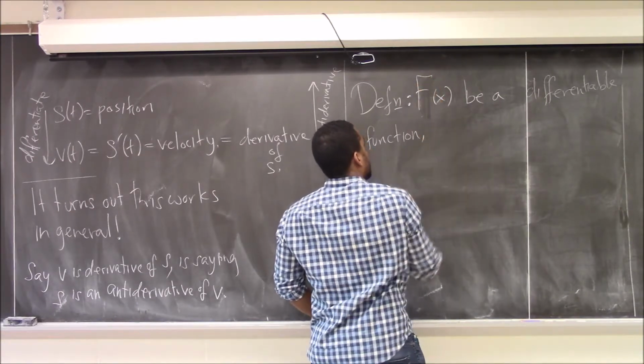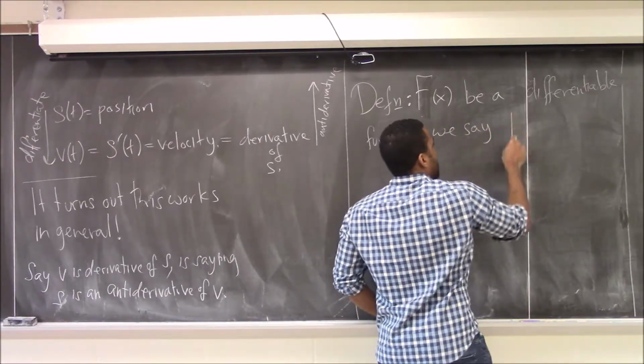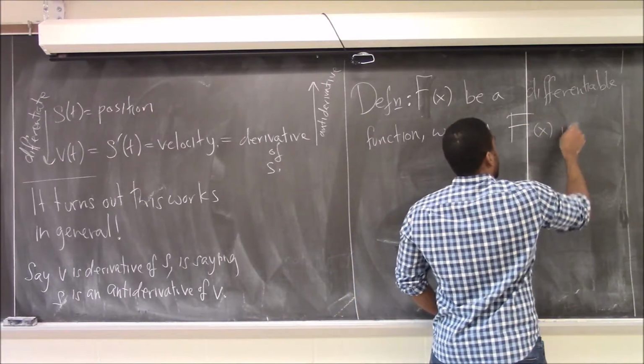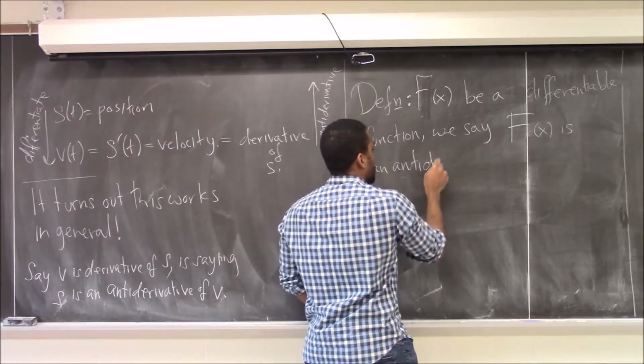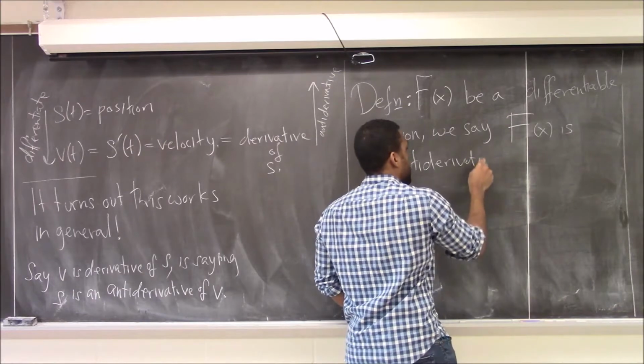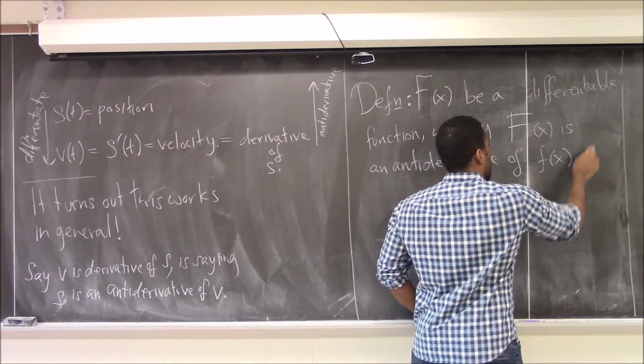Big F of x. We say big F of x is an antiderivative of little f of x if